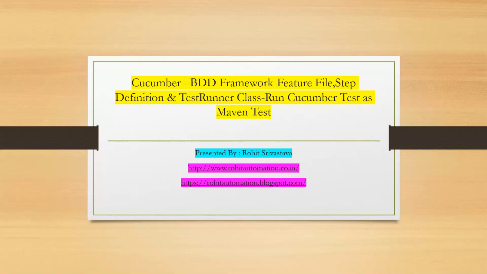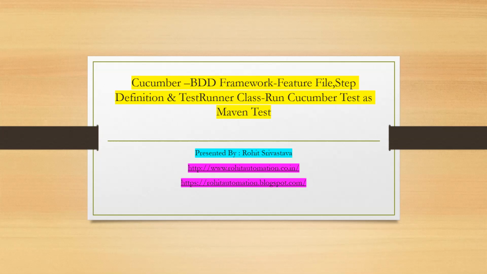Now coming to BDD, that is behavior driven development. Here we are defining the behavior of test cases and the use cases, and we write these in simple plain English text. That means we write behavior in terms of plain English text using Gherkin language. BDD is basically a software development approach that helps to resolve the issues between the business and the technical people, and it encourages collaboration.